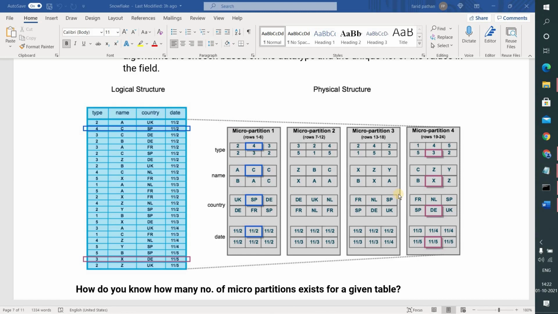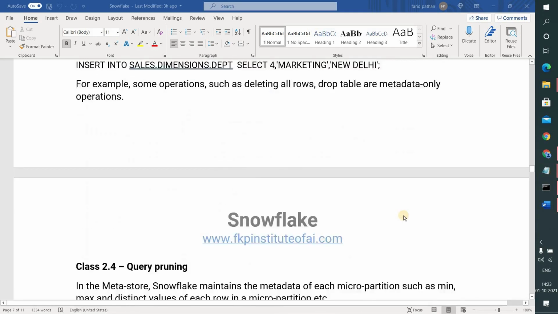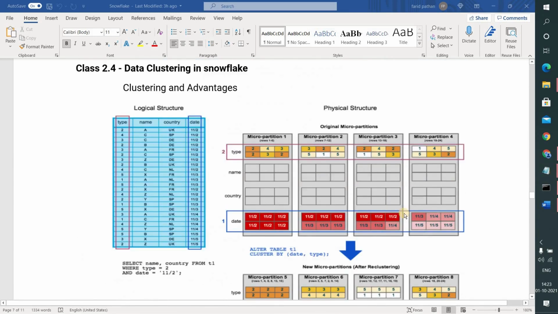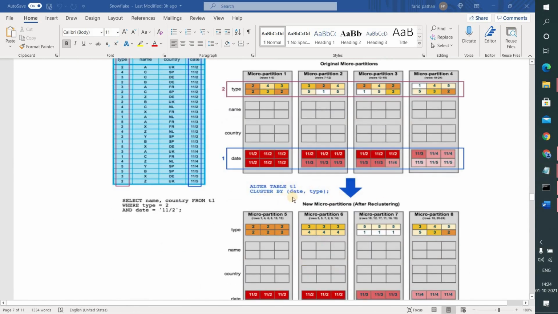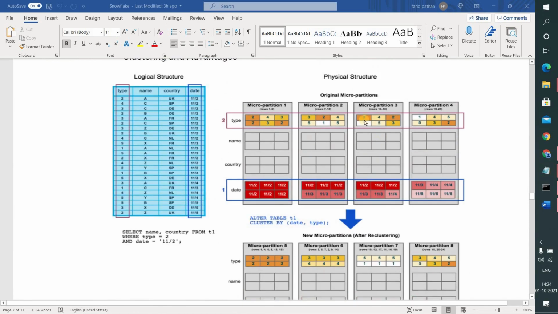Let's see what will happen when we apply clustering on the tables. Let's go to this picture. Now when you apply clustering on the date and type fields, what happens? Snowflake reads the data from the micro partitions because the table is already populated.